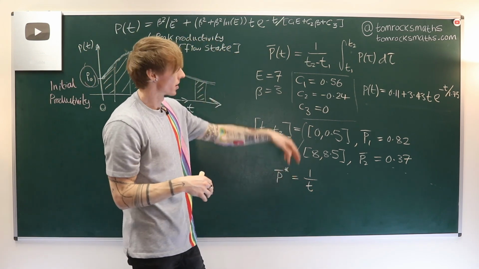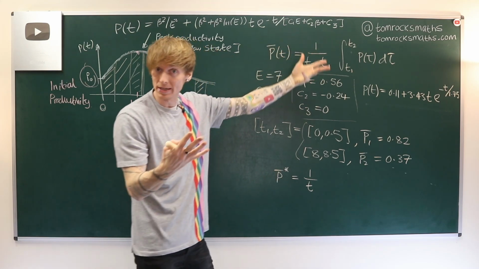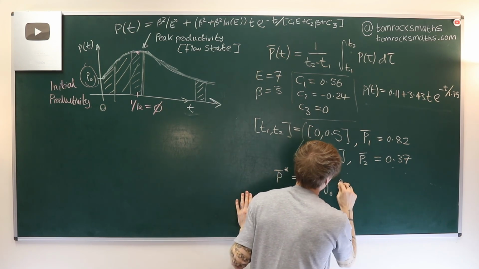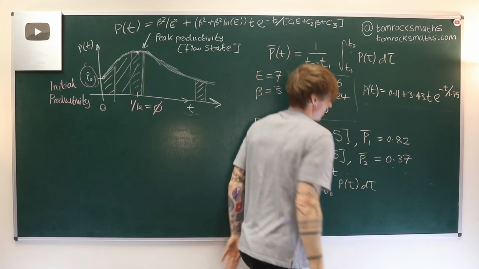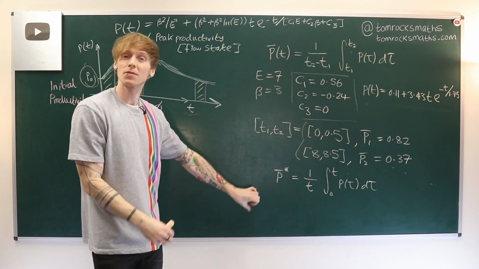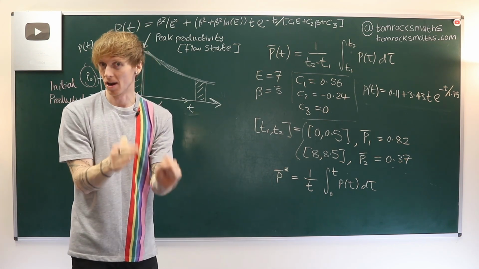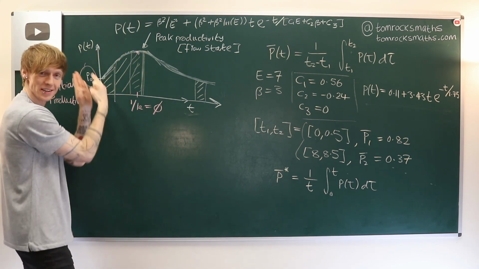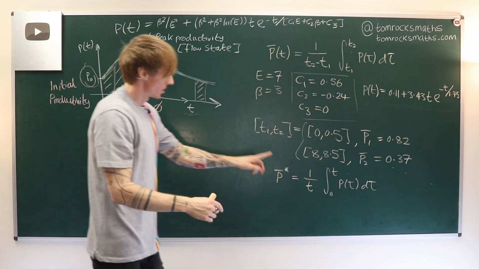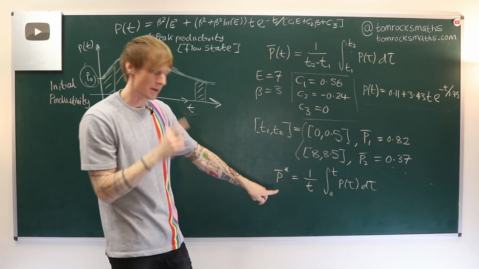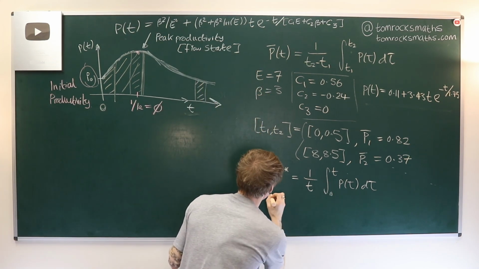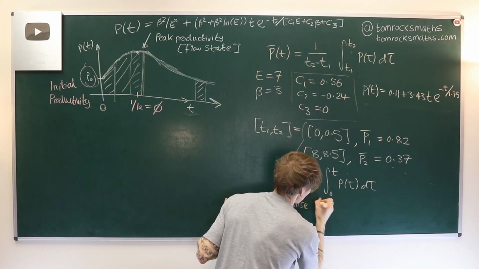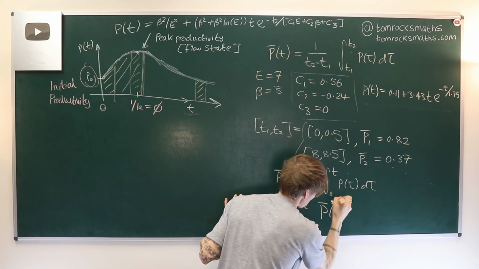So we're going to start at 0, so t1 in this model is always 0. So it's going to be 1 over t, the integral from 0 to t of p of tau d tau. So it's still the same function, but for the purposes of maximizing our productivity, we just have to add in this more realistic concept that we have to start at 0, because that's when we start the task. So for practical purposes, this is what we want to maximize. And so therefore, we maximize this by differentiating and solving it equal to 0. So maximize p bar star of t